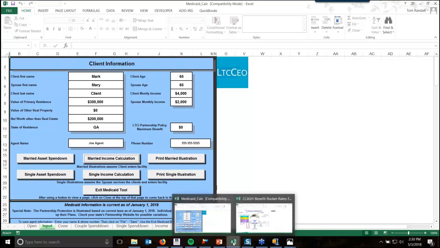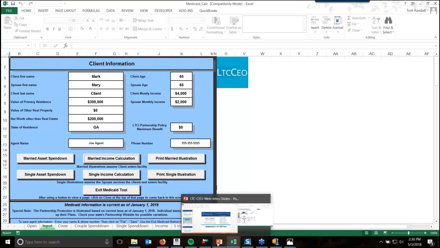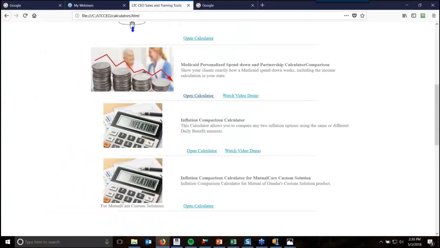And a lot of people really appreciate that, at least looking at it ahead of time to see where they're at. Okay? I'm going to go back now. That was the Medicaid personalized spend down calculator. And I'm sitting at 230, so I'm not going to open up the inflation calculators. I'll get people yelling at me in-house here because these are simple little Excel calculators that you can put in